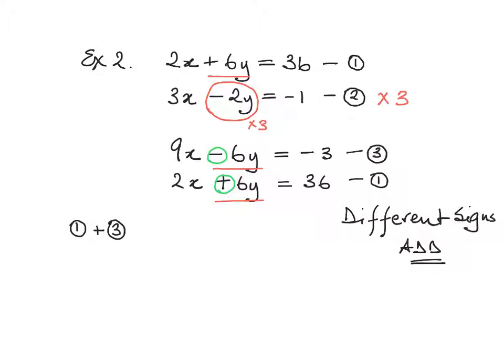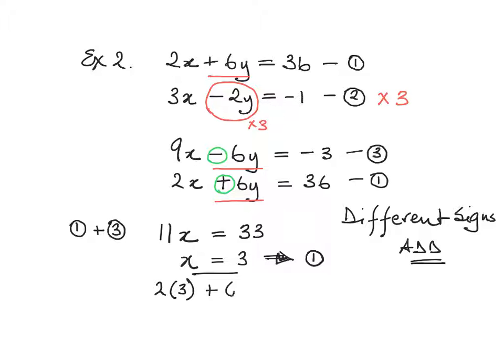So equation 1 plus 3, 9x plus 2x is 11x, minus 6y plus 6y is 0y, minus 3 plus 36 is 33. Divide by 11 and x equals 3. As with the first example, I'm going to substitute this value back into equation 1, equation 2, equation 3, it doesn't really matter. Equation 1 is fine, so 2 lots of x, 2 lots of 3,